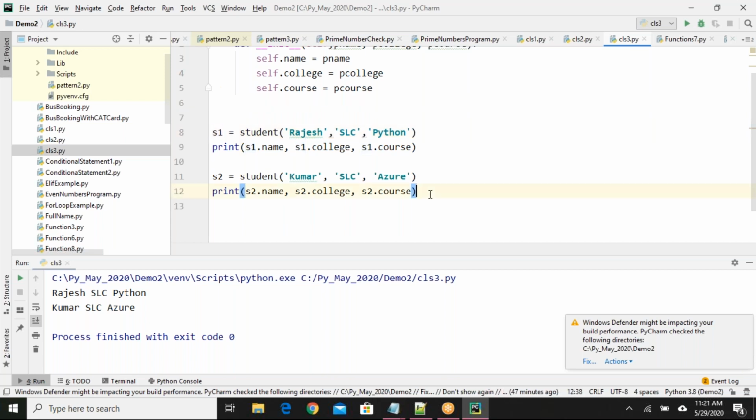Say for example, after line number 12, if I print s1.name, what is the output I'll get? For line number 14, what is the output? Any guess what output I'll get for s1.name?